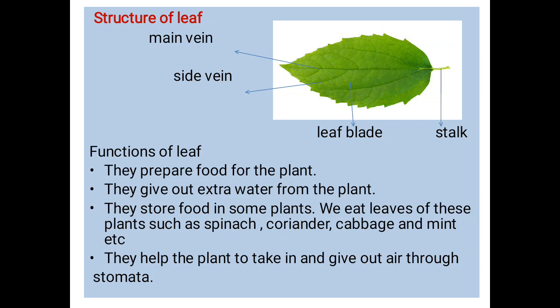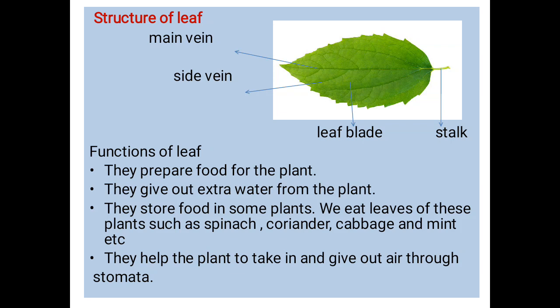Now, when you observe a leaf closely, the green and flat part of the leaf is called the leaf blade. Then there is a tube in the middle of a leaf which is known as the main vein. There are many side tubes which arise from the main vein. They are called side veins. A leaf is attached to the branch through a leaf stalk, and the undersurface of the leaf has many tiny holes or pores which are called stomata. They help the plant to breathe.